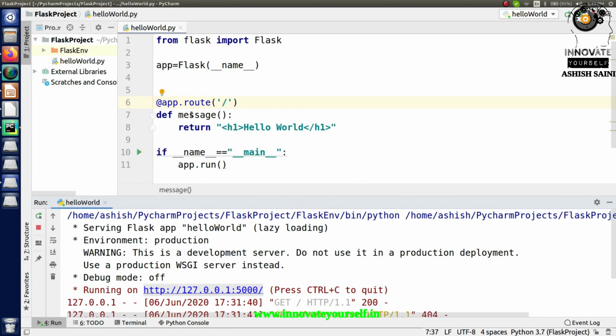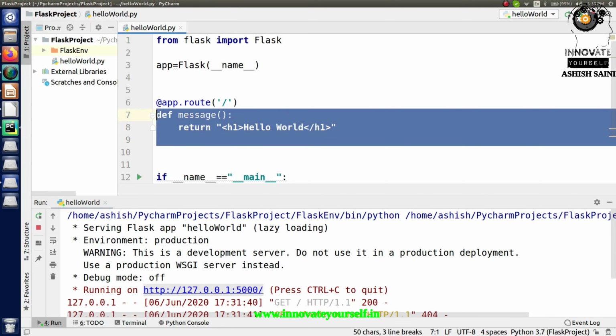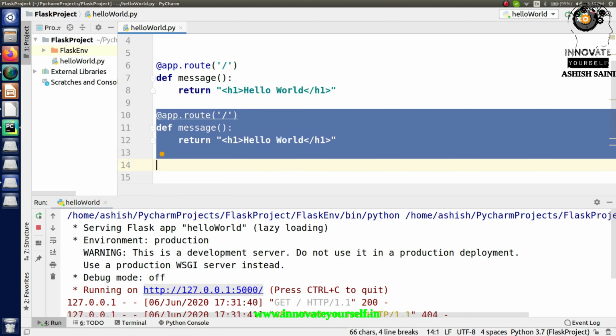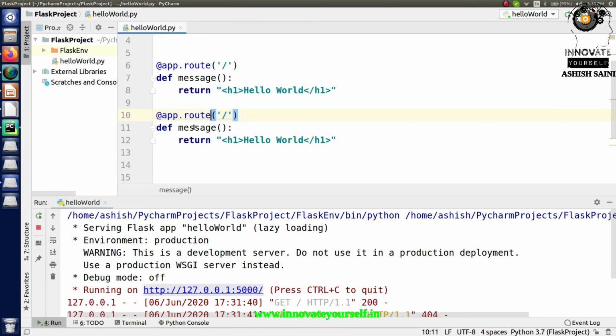Now if I want to create another URL, so that if I open that, it should display something else, let's do one thing. Let's create another function for that. And one more thing, make sure when you're creating a new function, don't copy the same name. So just give it a name, something like, let's say, second page.